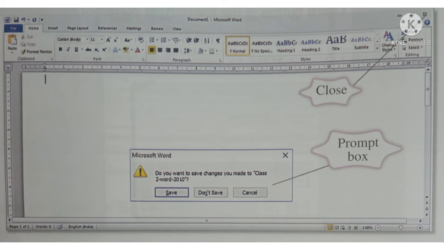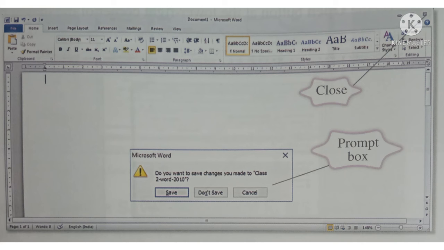How to close a document in MS Word 2010. To close a document in MS Word 2010, click on the Close button on the upper right corner of the title bar. If the document has not been saved, a prompt box appears. Click on the Save button to save the changes.